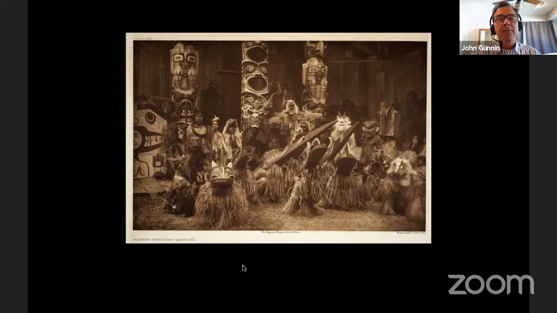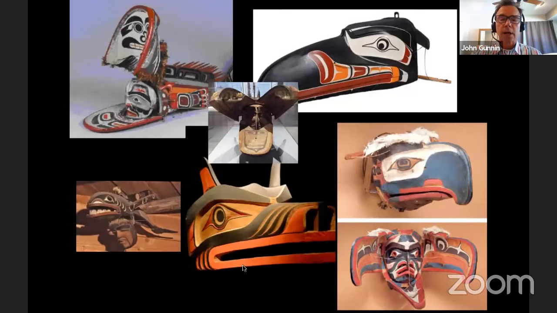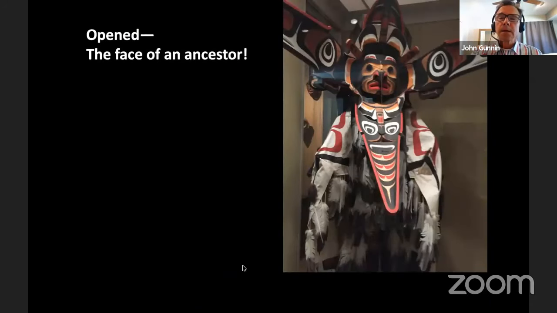Formally, the works tend to have bilateral symmetry. They have a certain color palette that is characteristic, but the production of the mask did change once there was contact with the West, with Europeans and Americans that came in and traded with the Northwest tribes. And then you could see that there's really quite a variety. I go to lots of museums, and I always look at the different ones they have. They're pretty common.